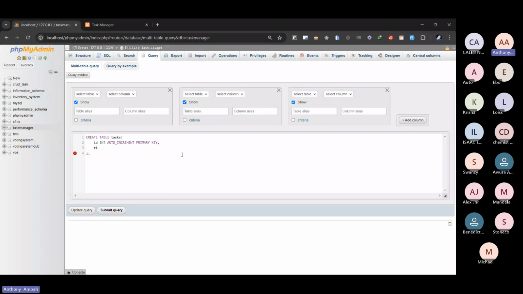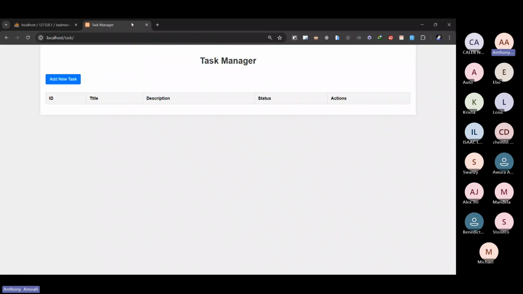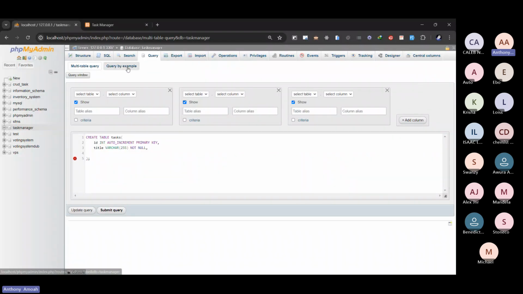So we add a title, which is a varchar. And then we keep, let's say, our title can be 255 characters, basically. And our title cannot be null. So we can't create a tax without adding a title. Okay. So the next thing that we have is a description, which is also